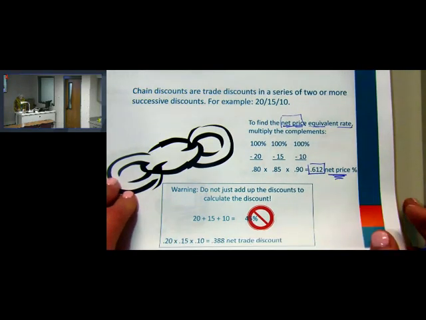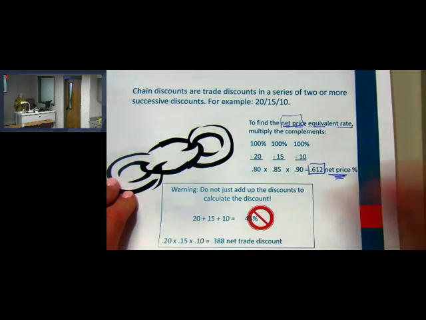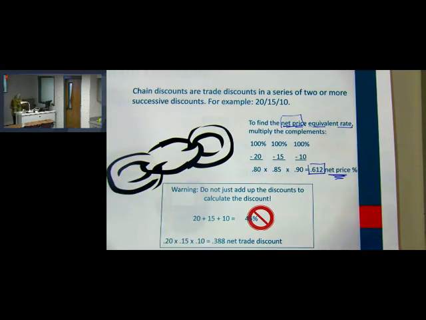All right, so another thing that you need to understand on a chain discount, just on a side note, Herberger's does this all the time. They have a sale going on right now in North Platte. They're offering a 30% discount, and then you get an additional 20% discount if it's a yellow dot item. Again, that is not a 50% discount. They're going to take $30 off your list price first, and then they're going to apply the other 20. So if your item is $100, you have a 30-20 chain.